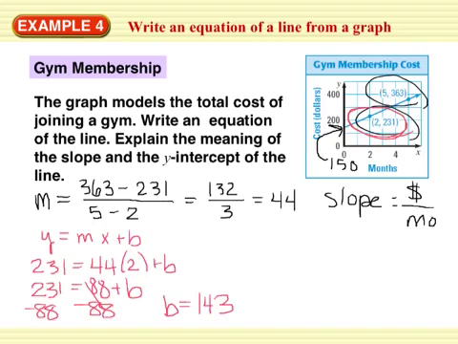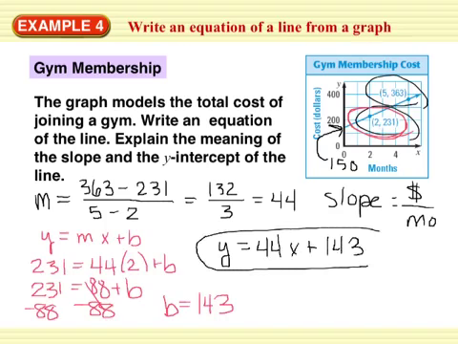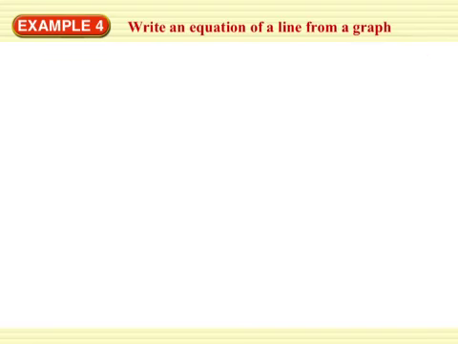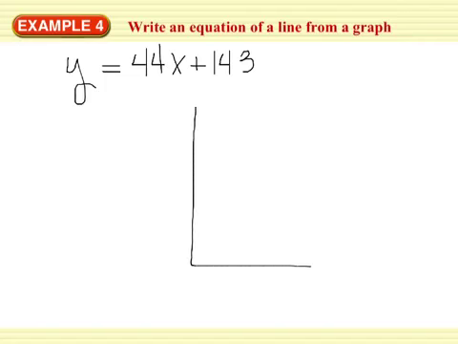Alright, so our equation for the line. We have y equals mx plus b. Cool. So we just wrote the equation for the line. Now we need to explain the meaning of the slope and the y-intercept of the line. Let me turn the page. I have y equals mx plus b. If you remember this graph,